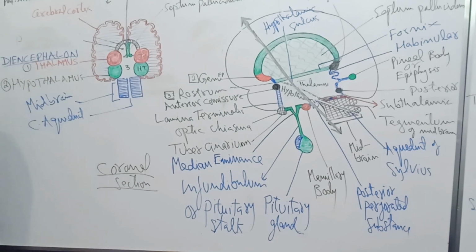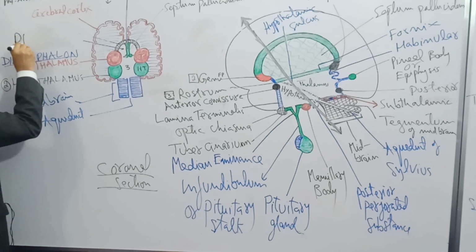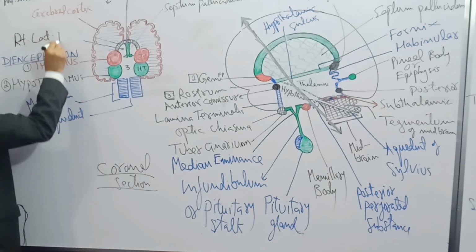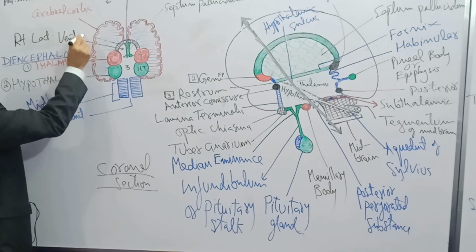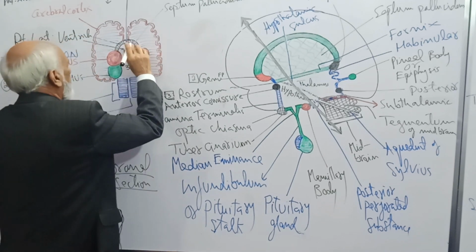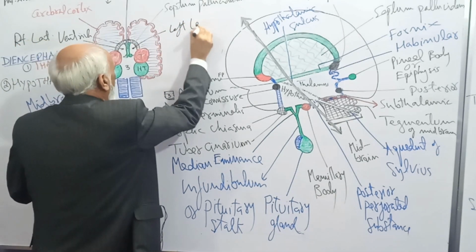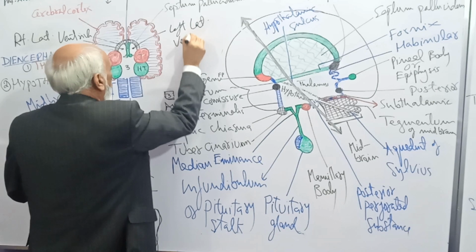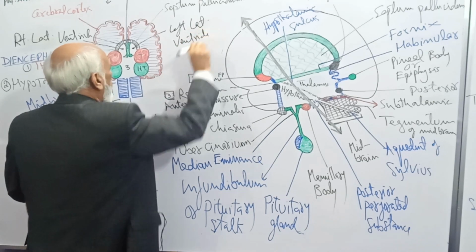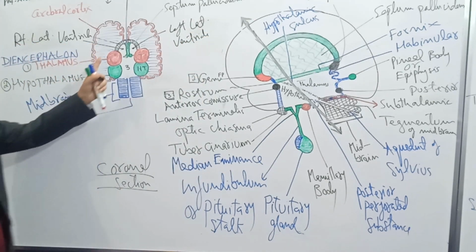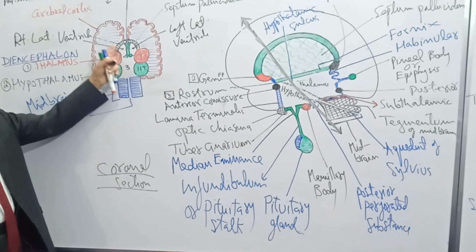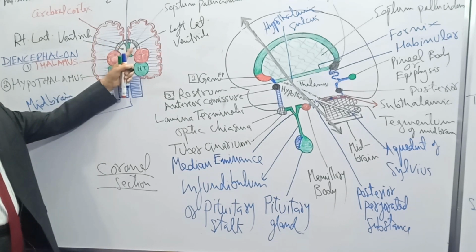Right lateral ventricle. Why? Because it is in the right cerebral hemisphere. Right lateral ventricle. And can you see? This is left lateral ventricle. Can you see? This is right lateral ventricle in the right cerebral hemisphere, left lateral ventricle in the left